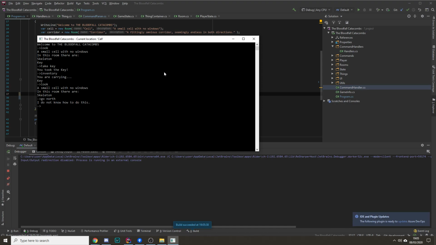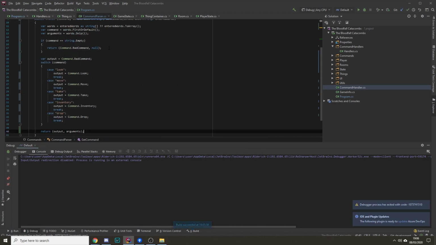Everything still seems to work. North. Not north. Move north. Okay. Can we drop the key again? No. Okay, so it's also working. Right. So